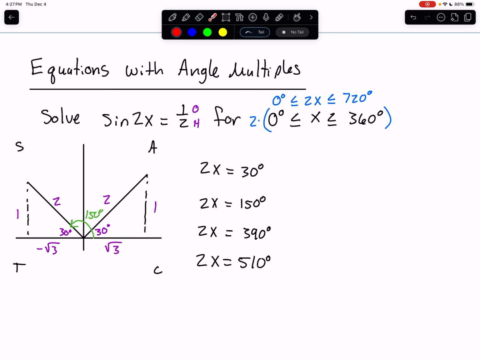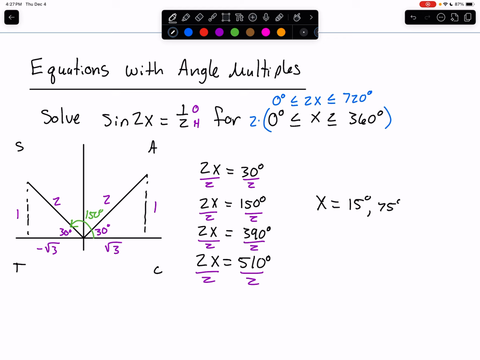But I do have to finish solving, so I still need to get x by itself. And all I'm going to do is divide everything by 2. So divide by 2, divide by 2. There's probably a much nicer way I could have written this, but I'm already here. Okay, so I get x is going to be equal to, so I have 15 degrees, I have 75 degrees,